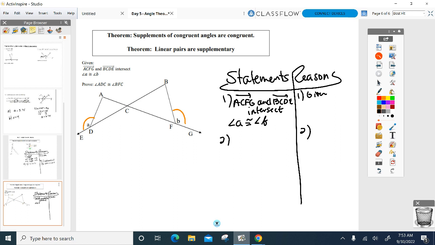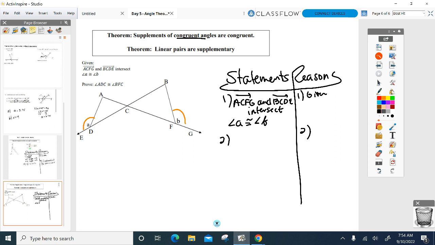No. So I can't use the theorem I just used on the last proof. Everyone see that? But these two are supplementary to two angles that are congruent, so they're congruent. See the difference from the last one? Ready? One more time. ADC and BFC, are they supplementary to the same exact angle? No, but they are supplementary to two angles that are congruent, so that makes them congruent because they are supplements